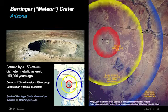And that's shown from this model of what the devastation would have been over on the right side. The fireball extending out to 10 kilometers. Large animals killed or wounded to 24 kilometers. Hurricane force winds out to 40 kilometers. And then you can take this same map and overlay it on DC, and you can just get a scale of what a devastating natural disaster event this would be, particularly in a